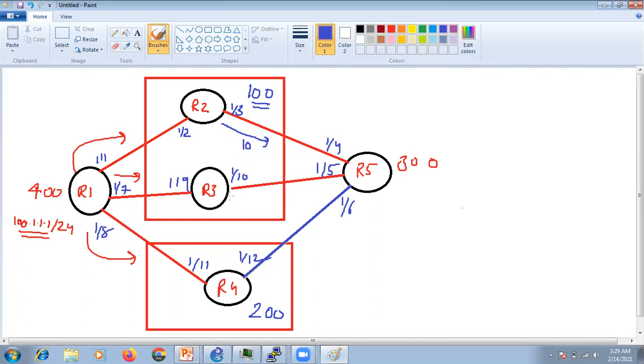R3 before sending it to R5 is setting a metric of 20. And R4 before sending it is setting a metric of, let's say, 30. So R2 is setting a metric of 10, R3 is setting a metric of 20, and R4 is setting a metric of 30.